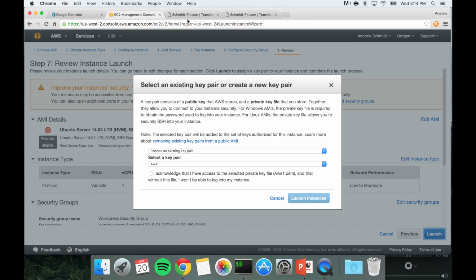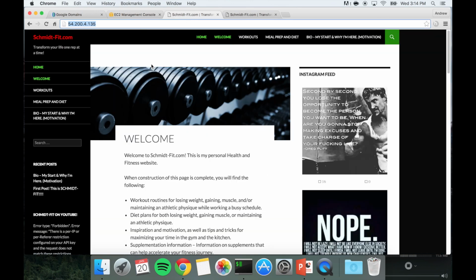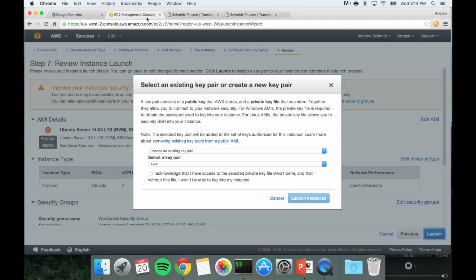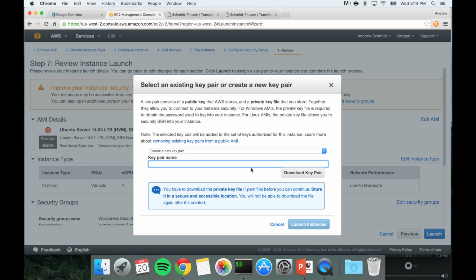I have this website here that I can't do anything to because I lost the key to it. So that's why I'm redoing mine today. So we're going to go through and we're going to create a new key pair. You're going to name it and you're going to hit download. So I'm going to call this key pair, please don't lose this key,